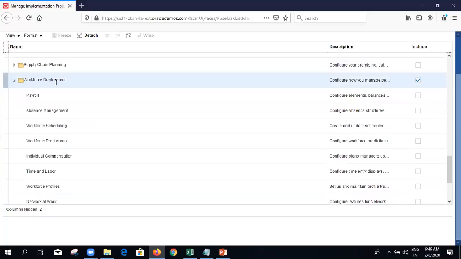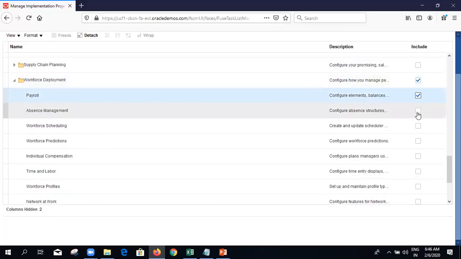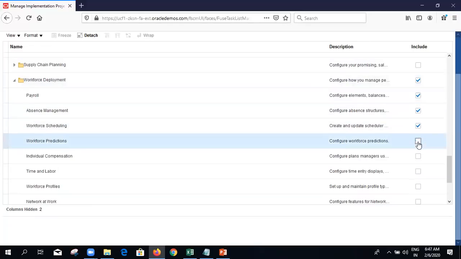See, under workforce deployment, we are having our payroll, absence management, time and labor modules. So enable these under the workforce deployment.